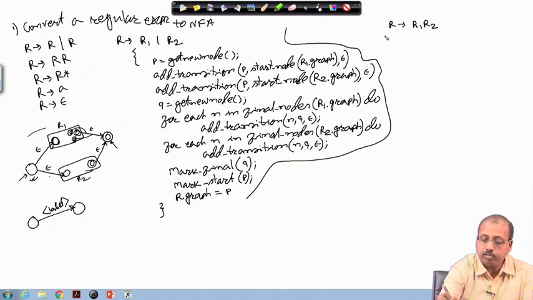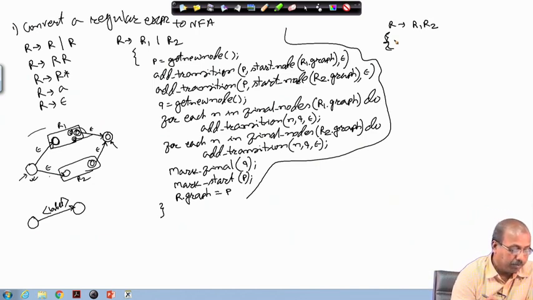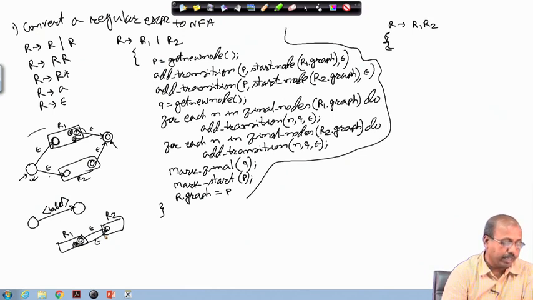So, here the actions that we have are that I have to add transitions. If this is R1 and this is R2, then from all final states of R1, we add epsilon transitions to the initial state of R2. So, that is the action.